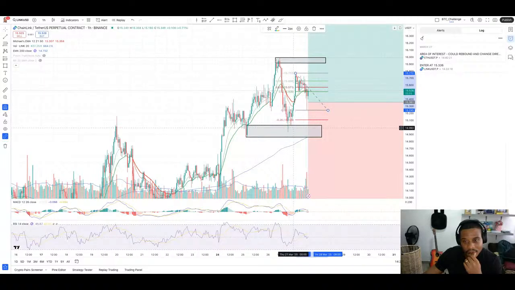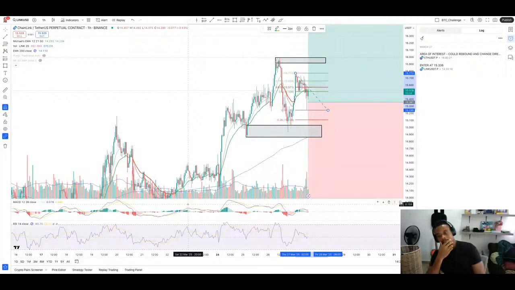Ah, we're actually struggling to sell. So that means a little buy impulse would take it off. So it's actually going to buy